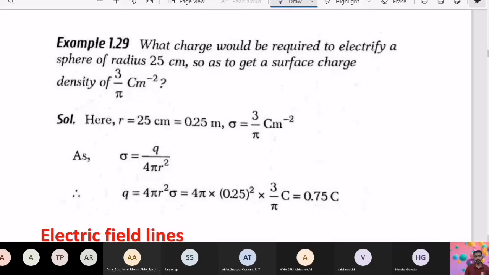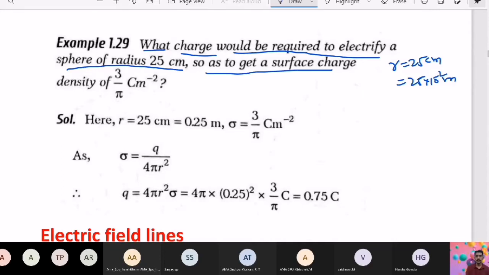Now you can get sometimes direct questions. See here, one example I have given. What charge would be required to electrify a sphere of radius 25 centimeter? One sphere is there, radius 25 centimeter, nothing but 25 into 10 power minus 2 meter. So as to get a surface charge density, sigma value they have given, that is 3 by pi coulomb per